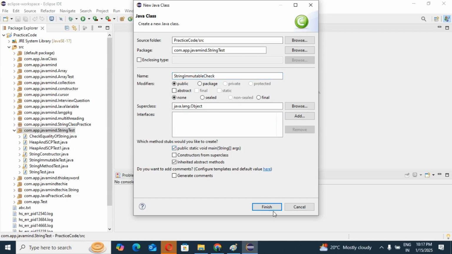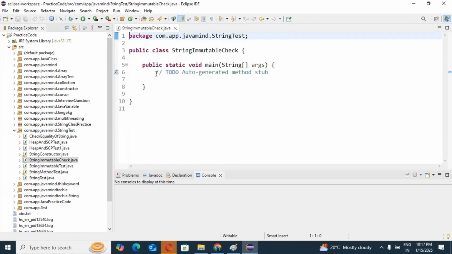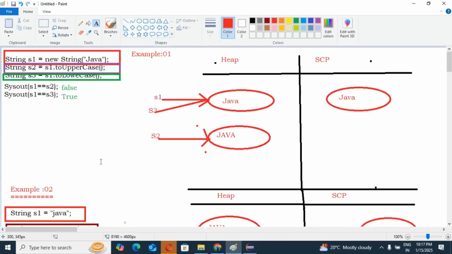Guys, see, main method finished, right? So we have created one class along with our main method. In this main method we'll write our code, guys. So what I have explained, example 1 and example 2, both the things I will explain, and we will see whether the expected result we have seen is coming or not, guys.